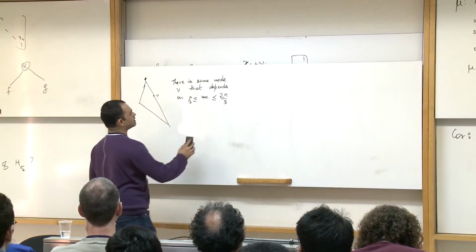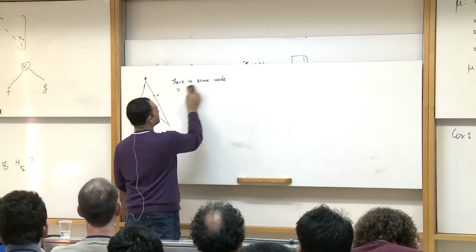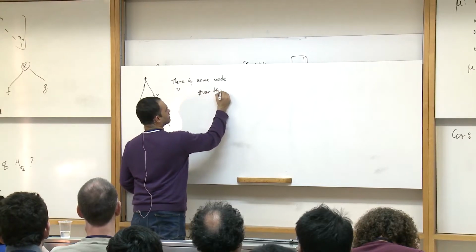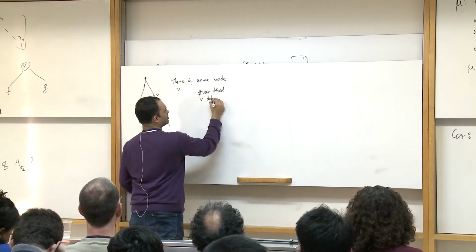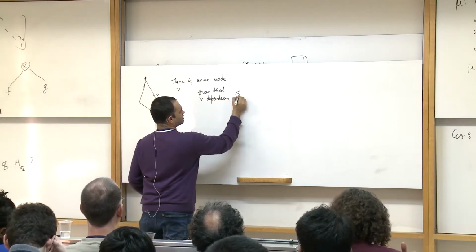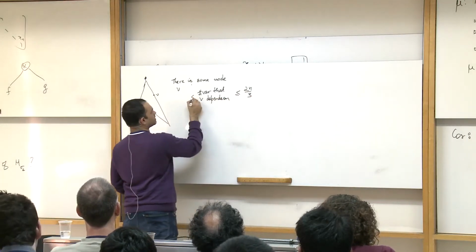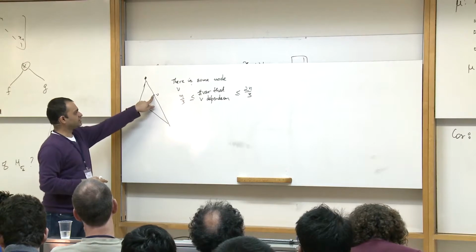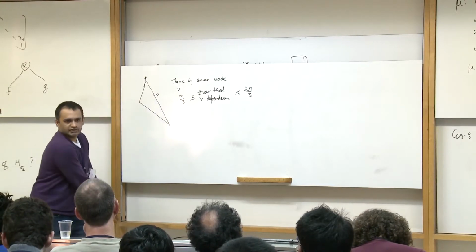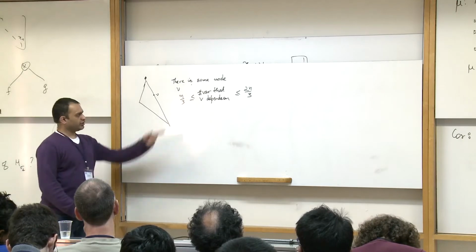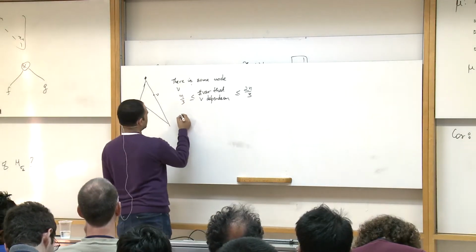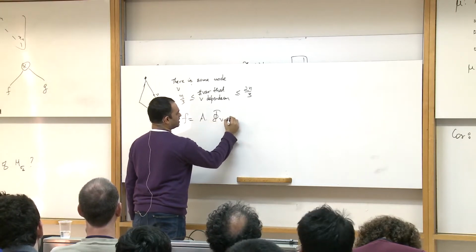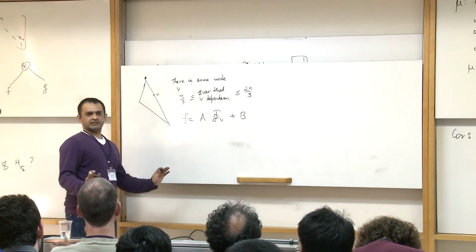Clearly this grammar is terrible. This was that number of vars that V depends on. This is intermediate. This is like 2n by 3 and at least n by 3. The same trick will work just because of the fact that the number of nodes that a V can depend on is at most the number of nodes of my left child and my right child. So therefore you will find a node of intermediate size. So therefore you can write f as A times the polynomial computed at V plus B, just like last time.